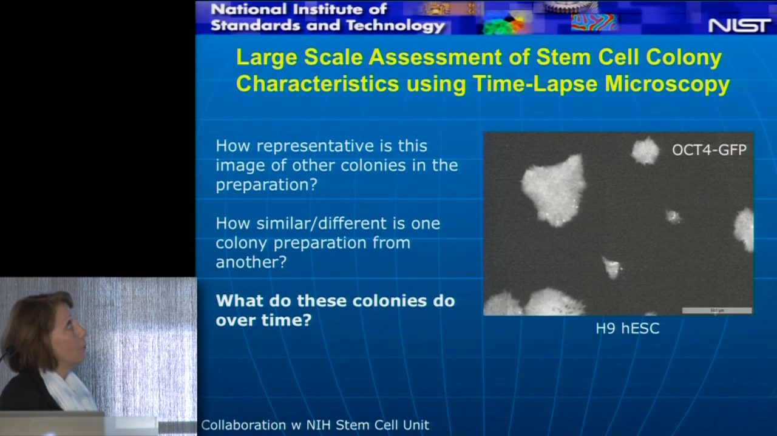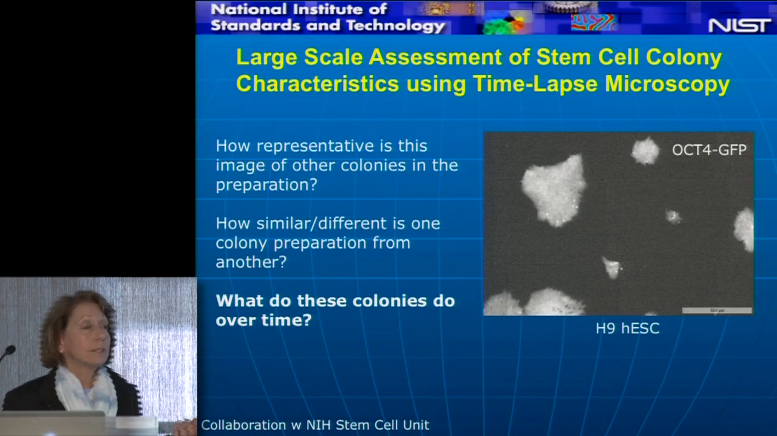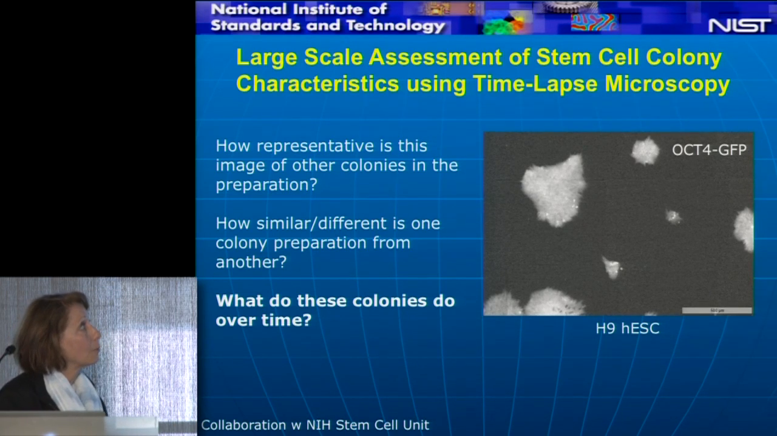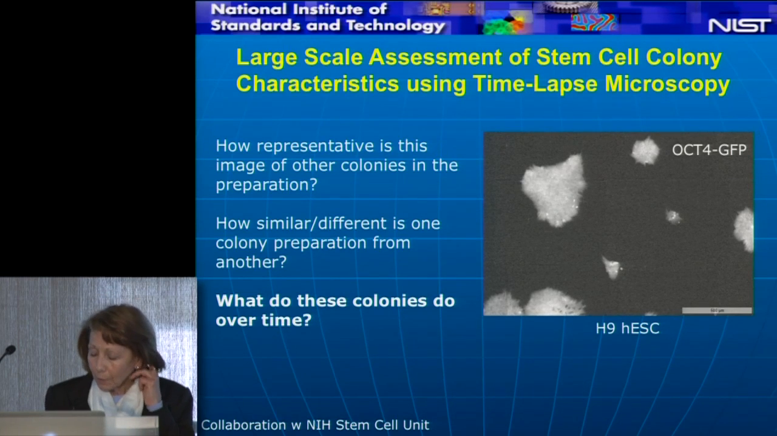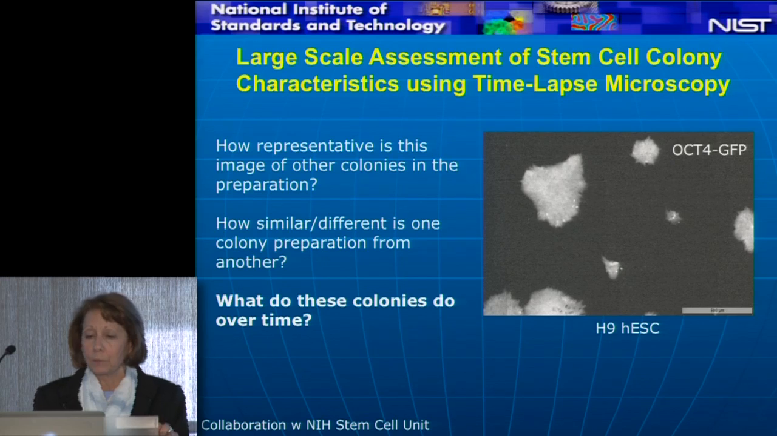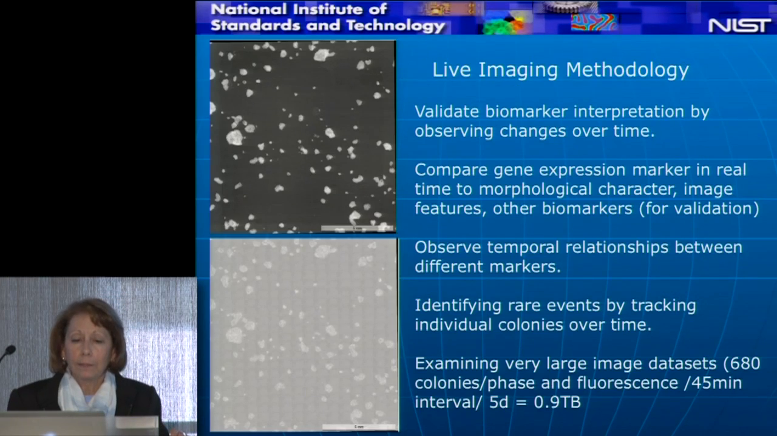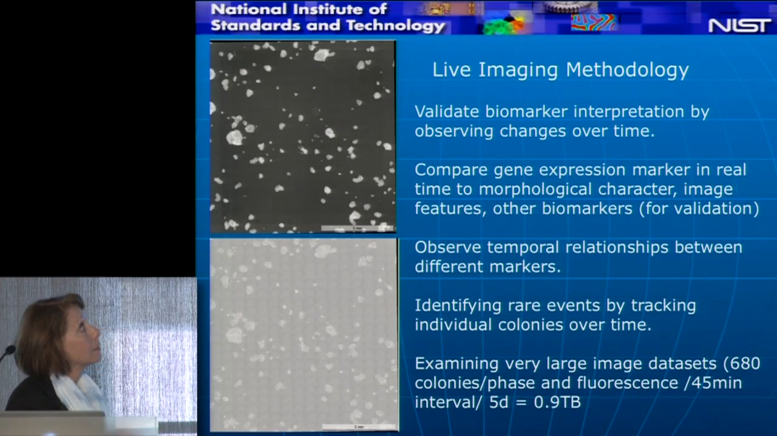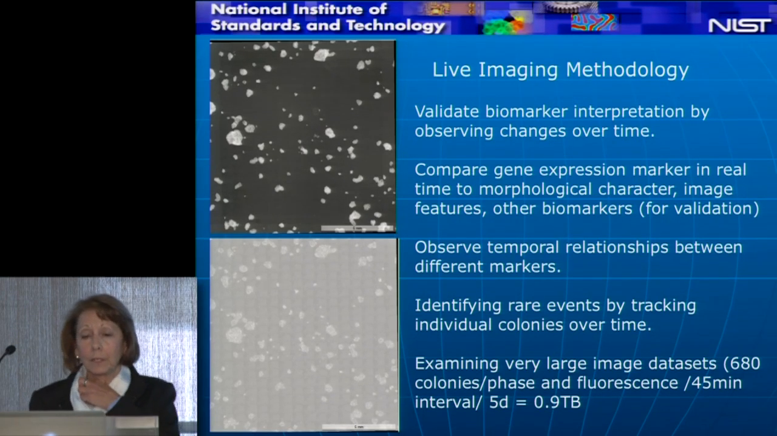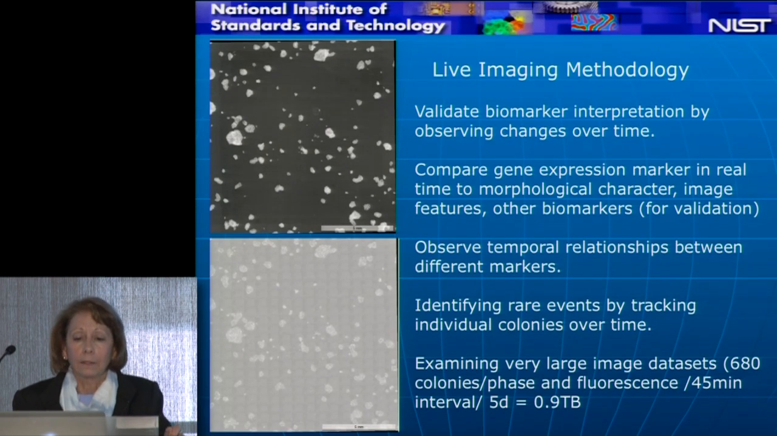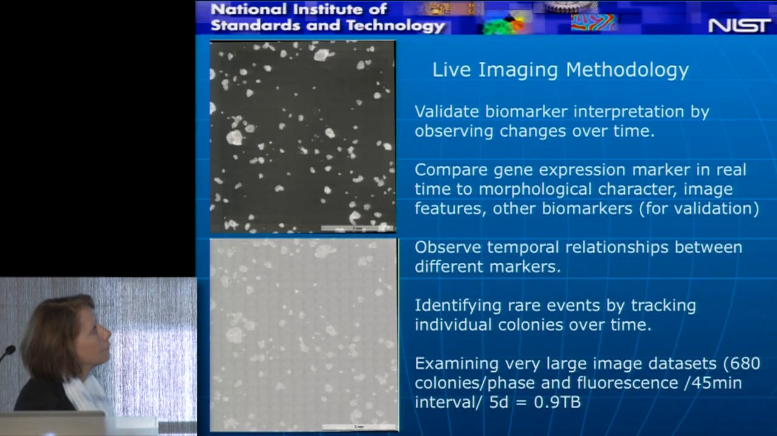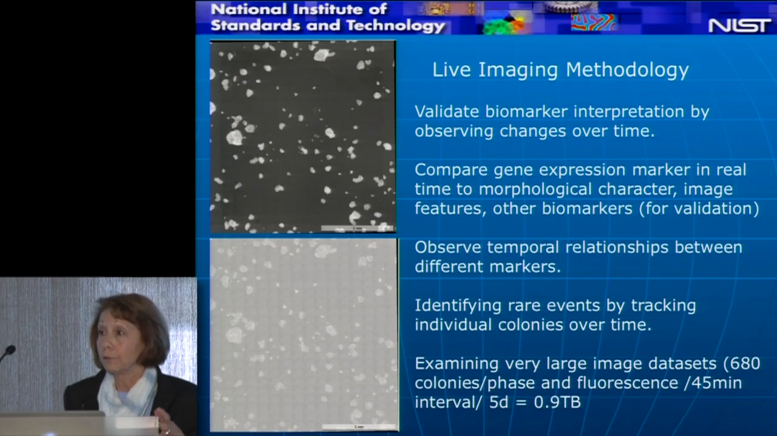So two of the very important questions that we wanted to ask is how similar is this colony from all the other colonies in the preparation that it's in? And then how similar is this preparation of colonies to other preparations? How representative is it and how reproducible is it? And this is something that takes a lot of data. So in these experiments, we have several hundred fields of view. They all get stitched together, and we're looking at a total of, in this experiment, 680 different colonies